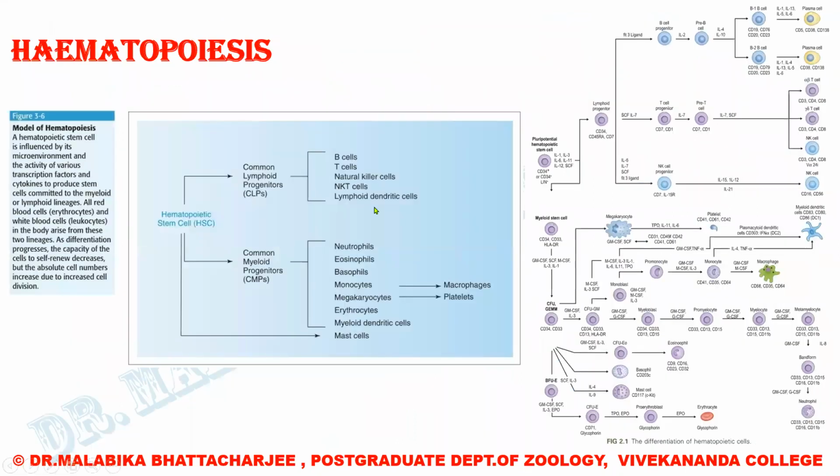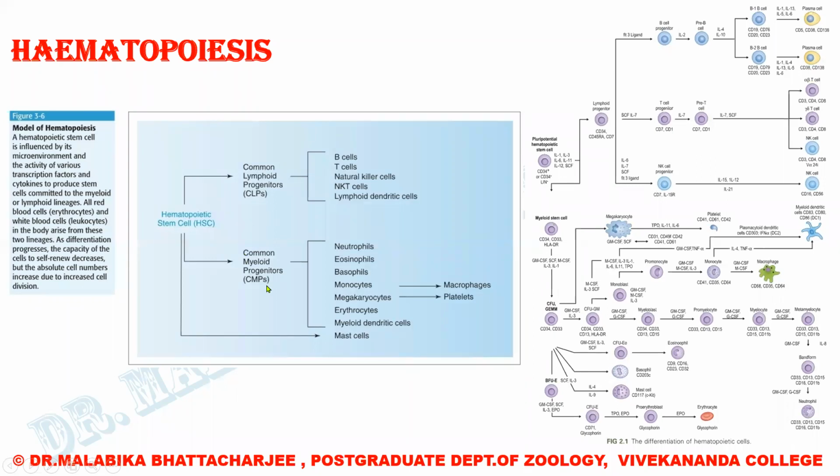Now moving on, this is a very simplified picture, but it shows all these cells that are obtained from the lymphocyte precursors. We have a common lymphoid progenitor, and as I said, it gives rise to lymphocytes. So we have the B lymphocytes and the T lymphocytes. We have the natural killer cells. We have the natural killer T cells. Now, this is something which I did not mention in my first class. And we have the lymphoid dendritic cells. So we have certain macrophages developing also from the lymphoid precursors.